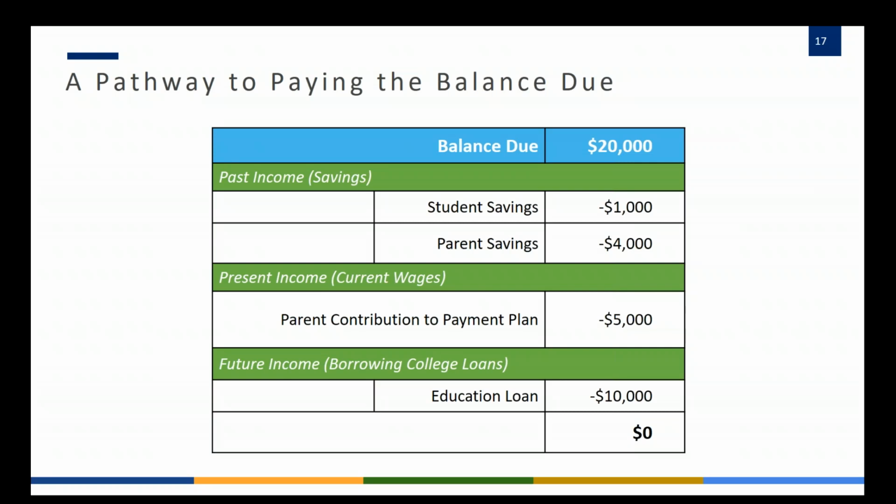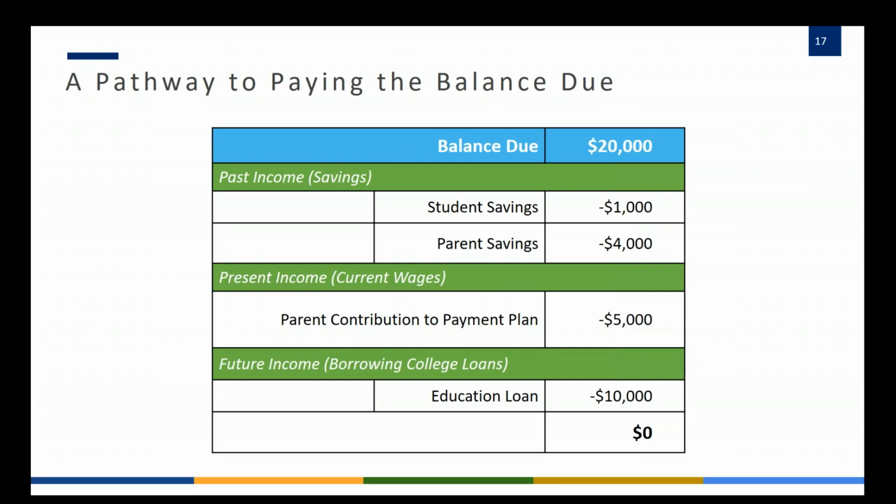If we were to put the entire $20,000 balance on a payment plan of 10 months, it would be $2,000 a month for 10 months. So maybe they can afford more than that minimum loan payment of $200, but that payment plan for the full $20,000 might be a little too steep at $2,000 a month. Maybe the family is somewhere in between. So in this example, the family has told us they can afford $600 a month.